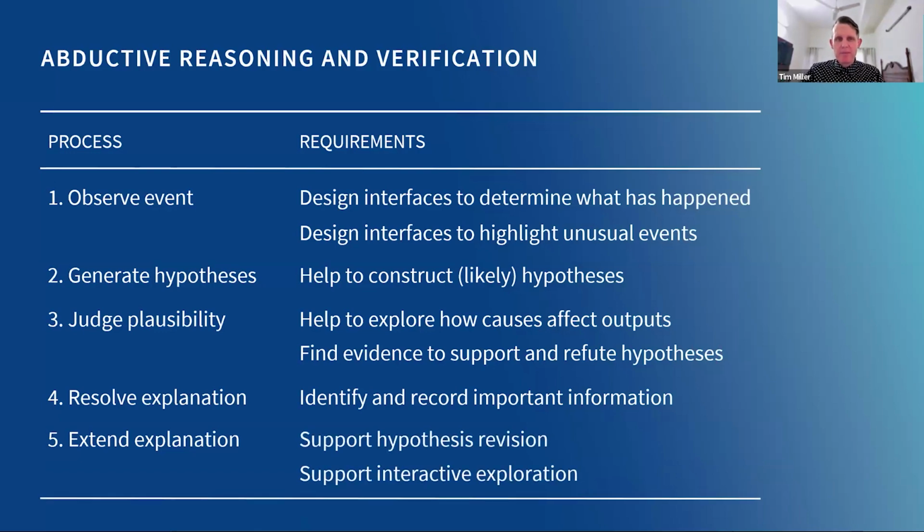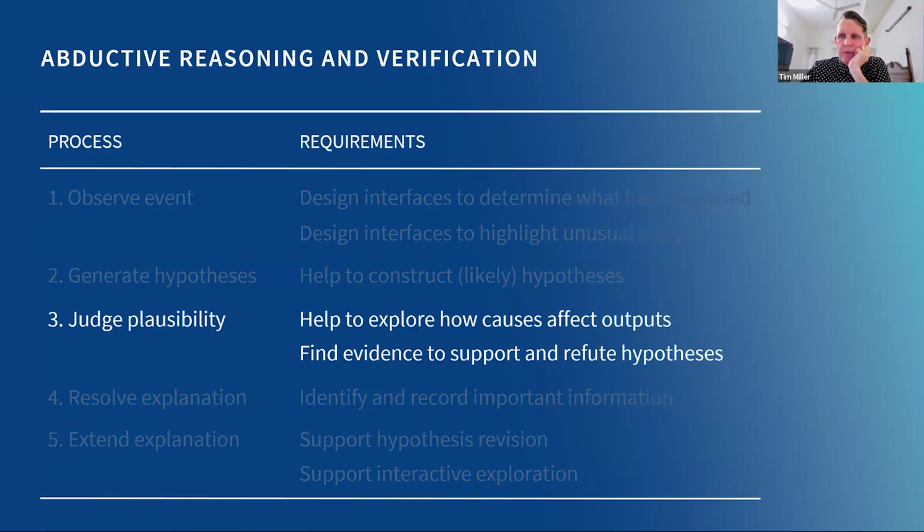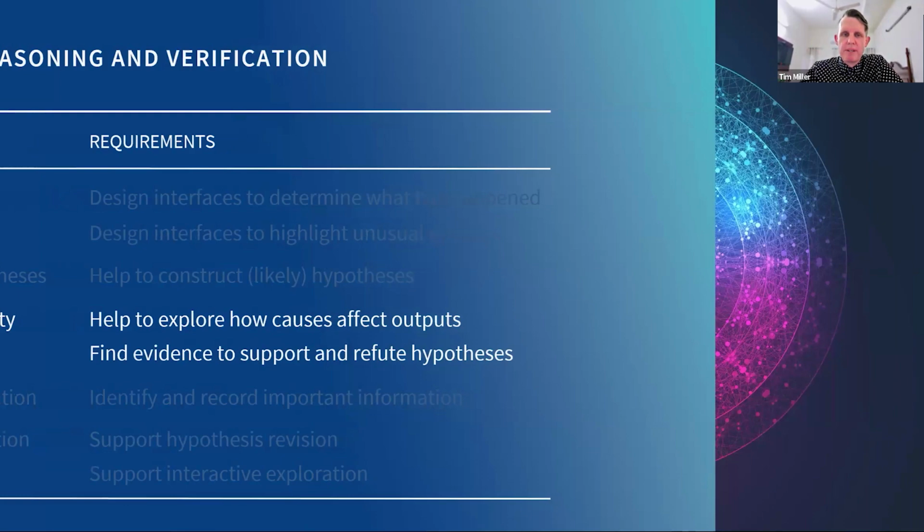And the point I'm going through with all this abductive reasoning is that we've got tools that can actually do some of this already. Find evidence to support and refute hypotheses, explore causes and effects. That's what machine learning is actually really good at, but we don't use it for that in our case. And these tools often don't support things like constructing likely hypotheses. It's my view that if you took a more prudent view of these tools and thought about these requirements, we'd come up with something a little bit better.